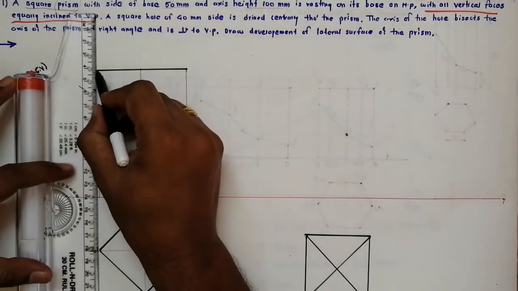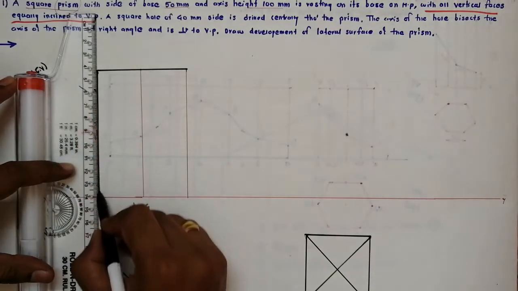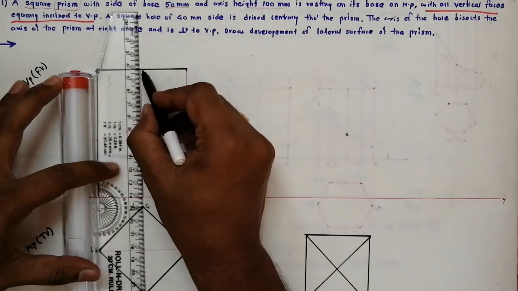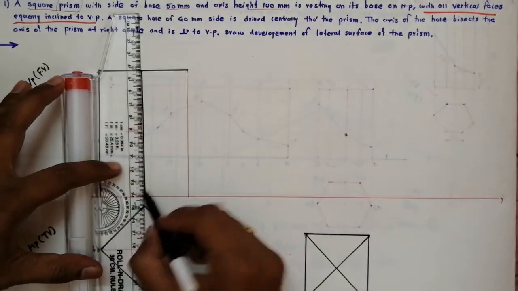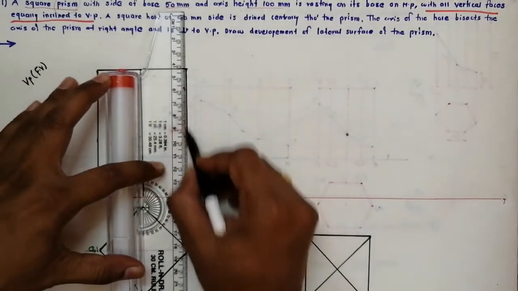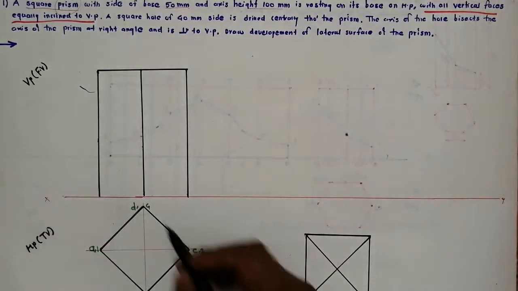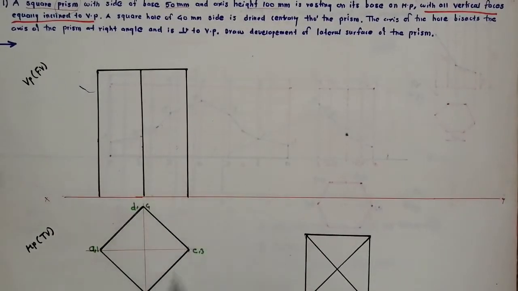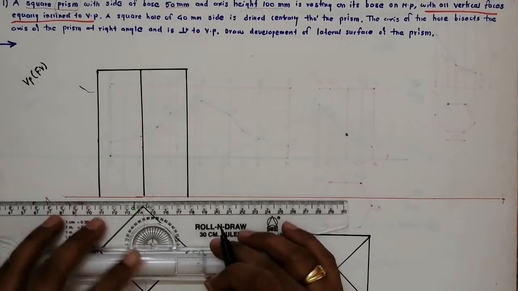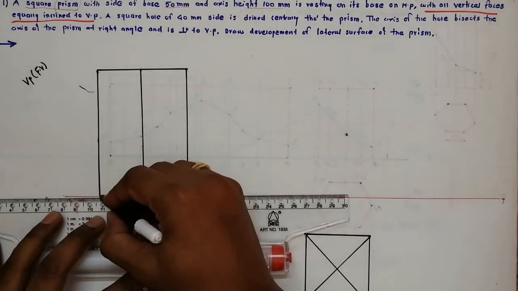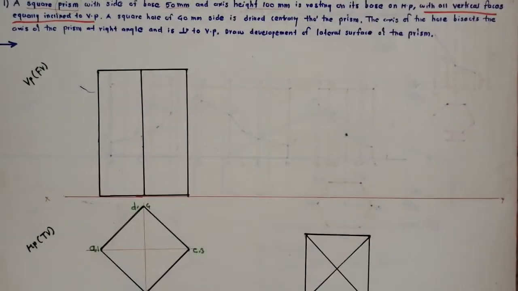So this is the front view, a rectangle, because this is a prism. So for a prism, the front view is a rectangle. This line is dark now. The axis line is dark because the edges are coming on this axis line. So B2 and B and D, these projections are coming. So this is dark. Okay.